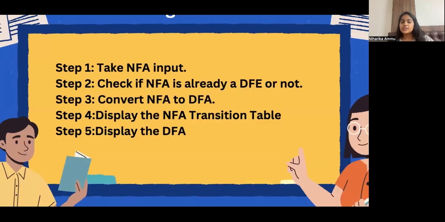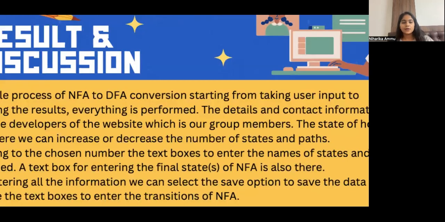Algorithm. Step one is to take an NFA input. Check if the input is already a DFA or not. Convert NFA to DFA. Display the NFA transition table. Like we are supposed to draw a transition diagram, and then we can take the transition table. It is very easy to do. Display the DFA, and the resultant discussion. That is the algorithm for the methodology, which we are also using in the problems. The whole process of NFA to DFA conversion, starting from taking user input to displaying the results,